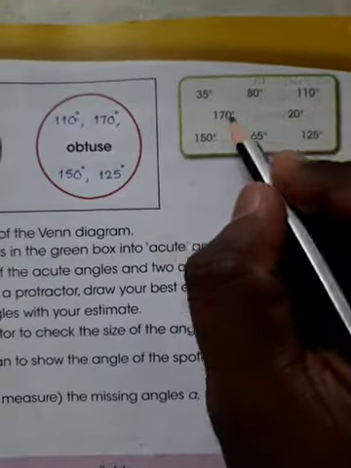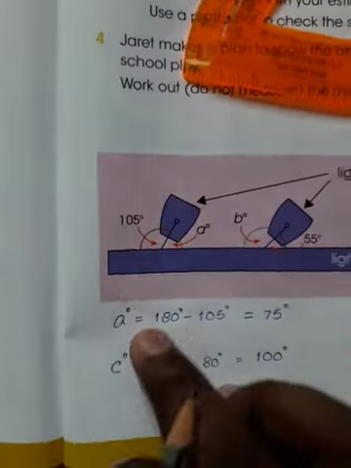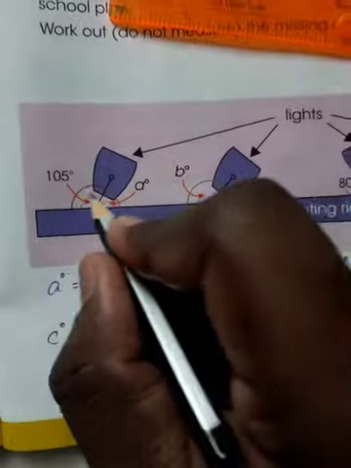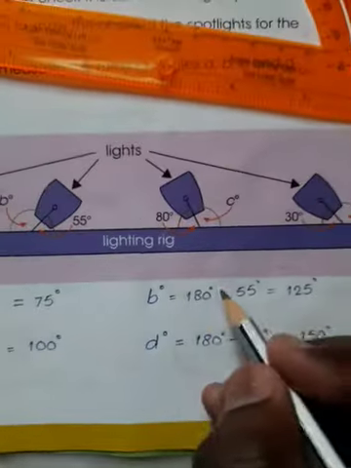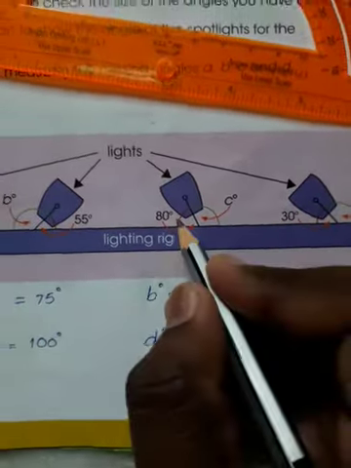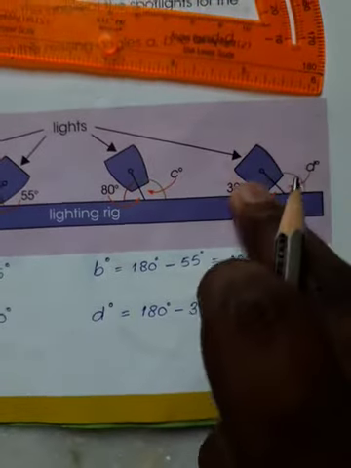Now this one is easy to find out. I told you this total is what? It's 180, right or no? One angle is given. Look at it. This is 180 or not? We already did that. Straight angle is what? 180 degrees. So whatever angle is given, just subtract it from 180. So 180 minus 105, how much? It's 75, because together this is 180. Number B is also the same. 180 minus 55 is 125. 180 minus 80 is 100. 180 minus 30 is 150. You have to subtract from 180 because it's a straight angle. Clear?